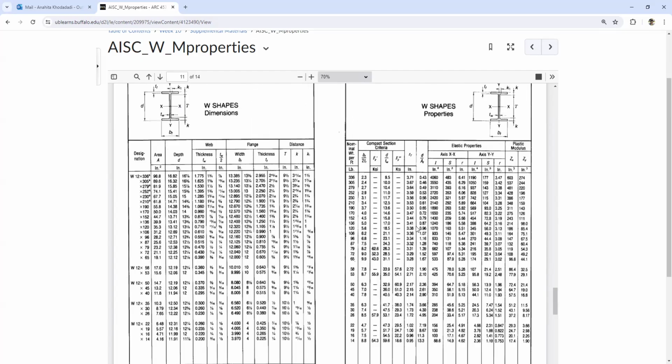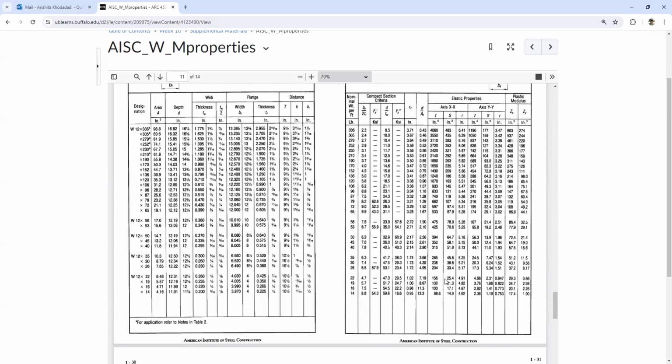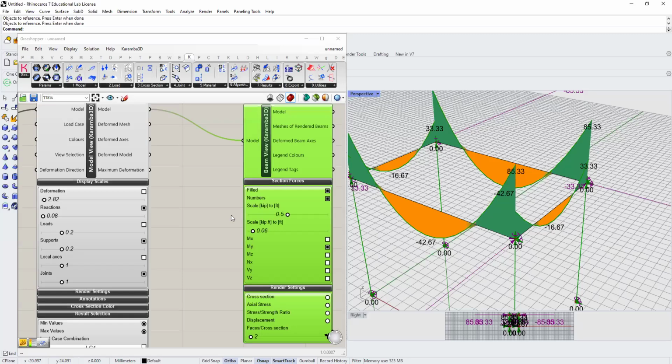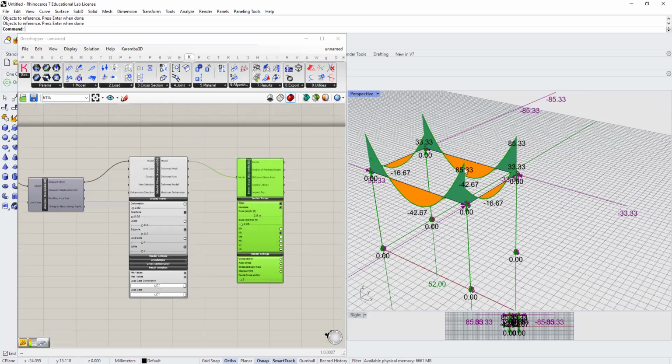And you can actually look into the table and suggest different profiles. So there is not only one single correct answer, but you can pick multiple suitable options. And that's all